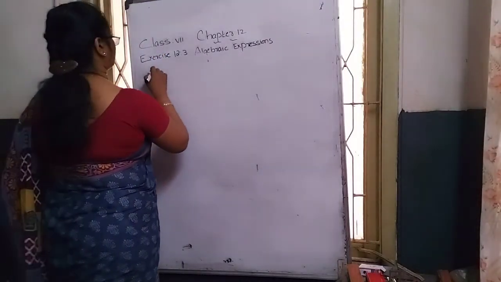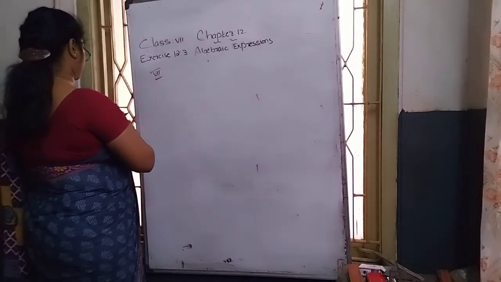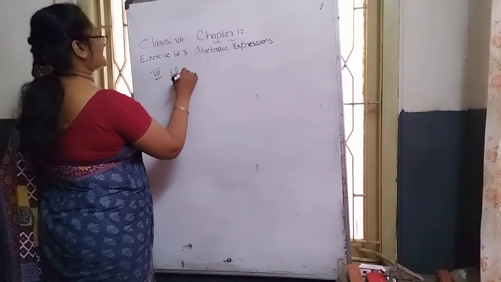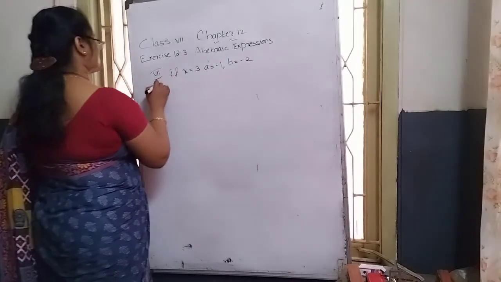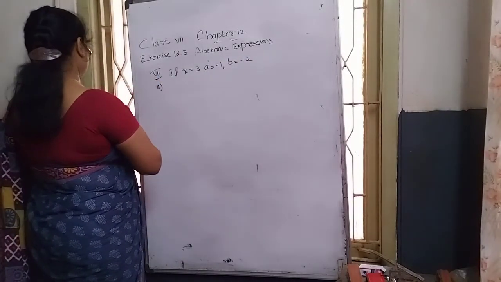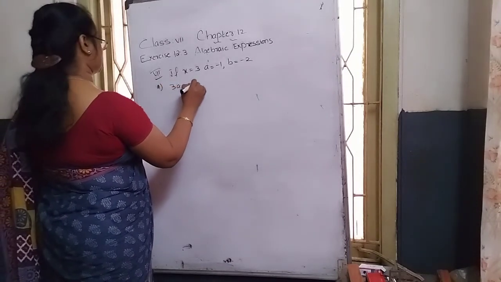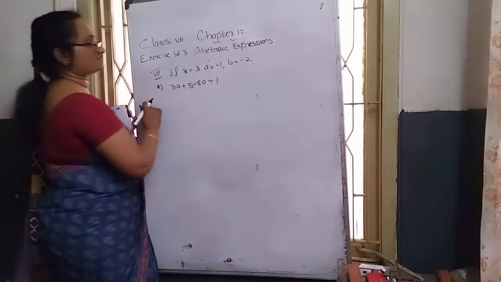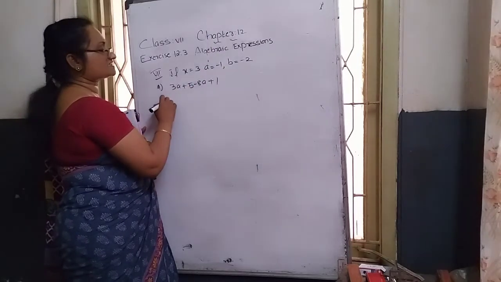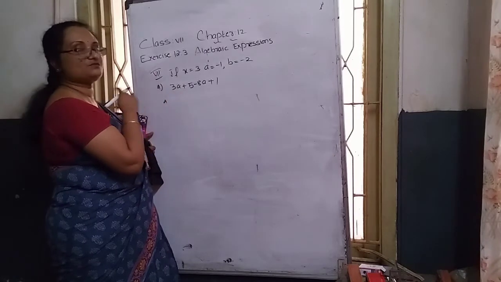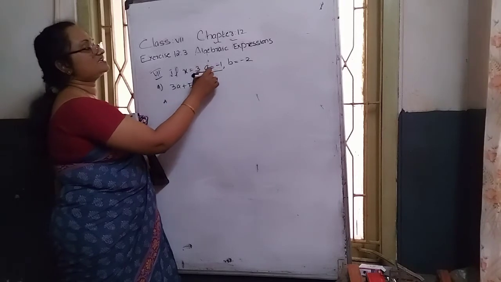Next we go through 7th Roman. In 7th Roman they say simplify the expression, find the value if x value is given as 3, a value is given as minus 1, b value is given as minus 2. First question they gave in this way: 3a plus 5 minus 8a plus 1. That means where a is, substitute minus 1. In this expression only the a variable is there; x and b variables are not there. So that's why in place of a, substitute the value minus 1.